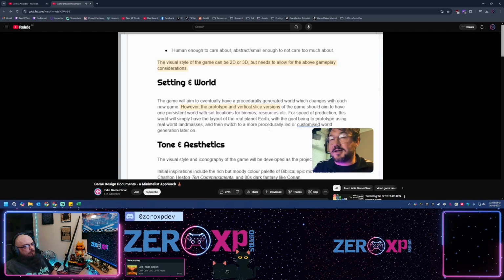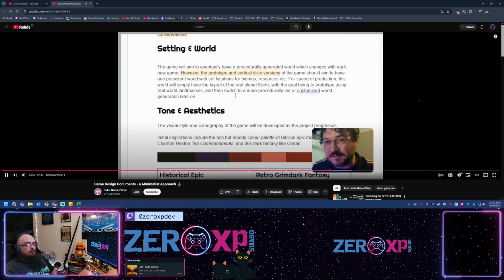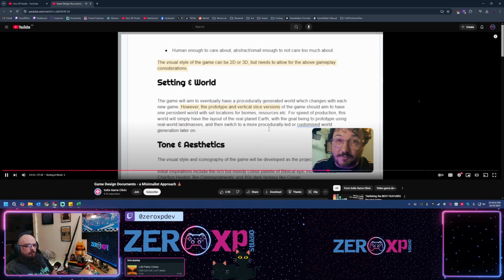If you are making a game with procedural generation in it, like a roguelike platform or any kind of roguelike, I would always recommend that you do this, because you will fall into this pit of just spending ages on your generation algorithms. But this like platform or any customized world later, world landmass have the layout for vertical slice